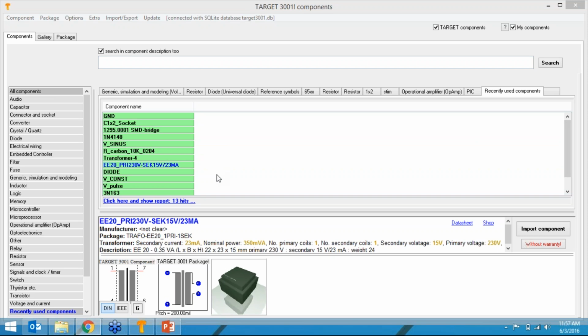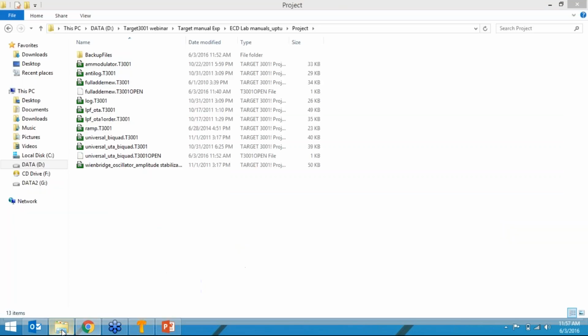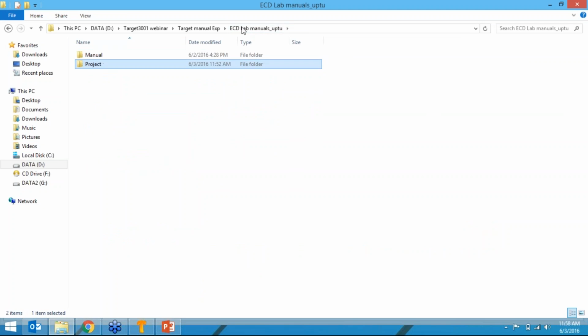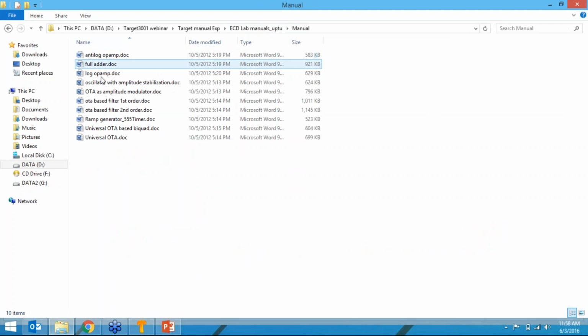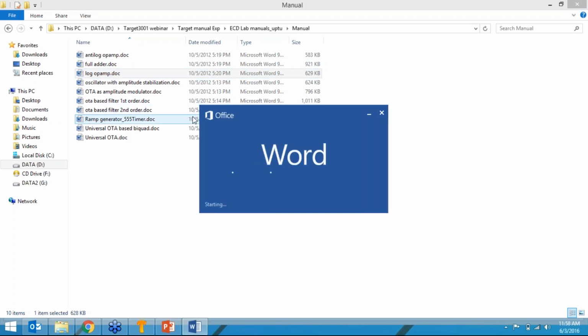Some mini projects on PCB design. Yes, sir. We have a lot of experiments. We have already made some of the experiments according to some universities also. You can see here in this folder, we have created according to the UPTU University ECD lab. Their manuals are available one by one. If I just click on any of these experiments,